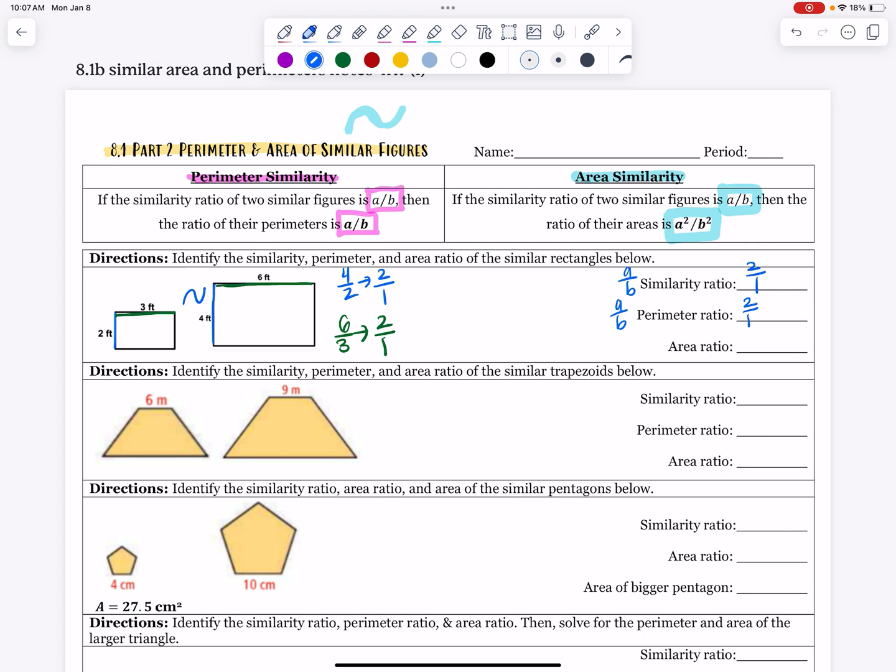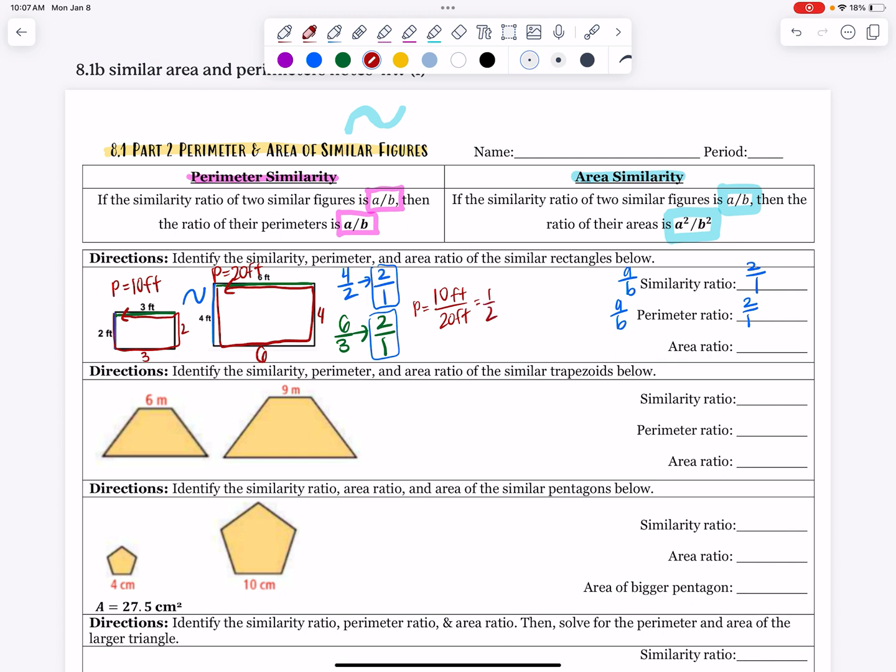We've seen already this similarity ratio and where it comes from. But now let's actually go through and find the perimeter. Remember that perimeter means to add all the pieces together. So that's also going to be 3, that's also going to be 2. So my perimeter would be 10 feet total, whereas the perimeter of this shape, add all the side lengths together in this rectangle, would be 6 plus 4 plus 6 plus 4 is 20 feet. And so 10 feet over 20 feet reduces to 1 over 2